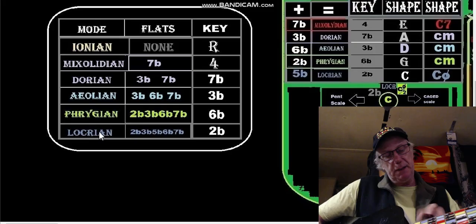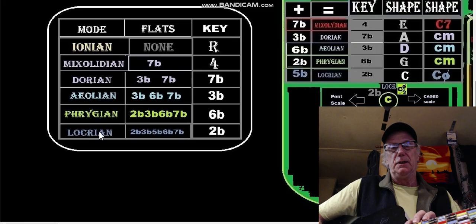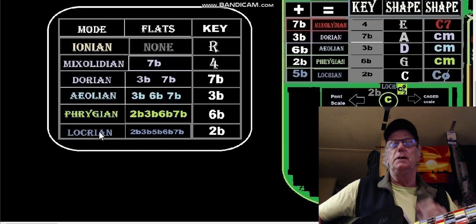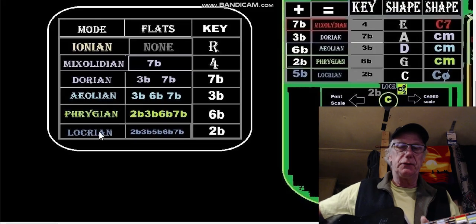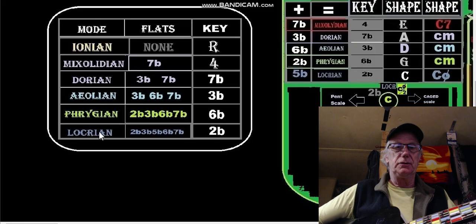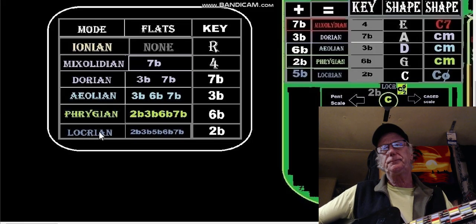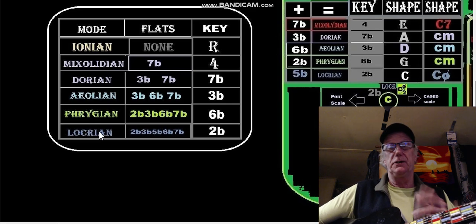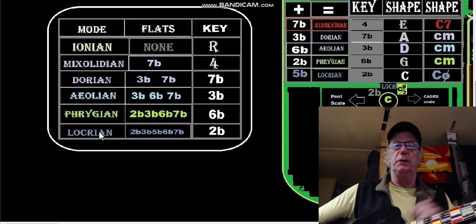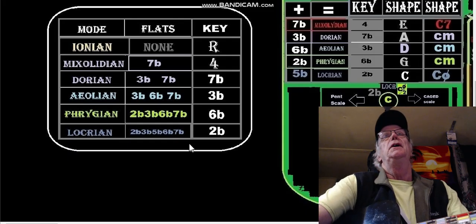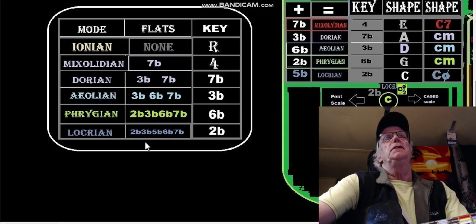So that's what got me looking at half diminished as a root shape, just brought down one scale degree for each member of the triad. As you know, one scale degree can be either a half step or a whole step, depending on where you are in the scale. So the Locrian